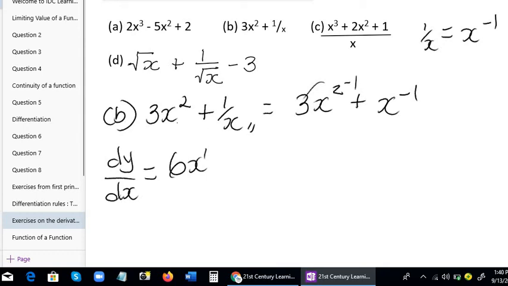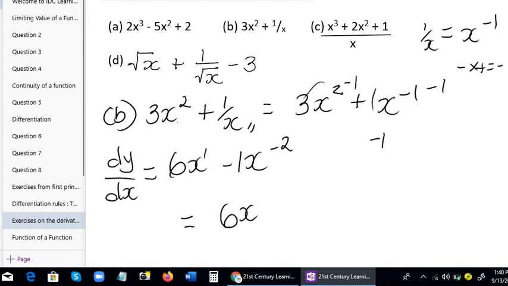minus 1 times, there's an invisible 1 here. Minus times plus is minus. Whenever the signs are not the same, it is negative. Minus 1 times plus 1 will give me minus 1x. Now, minus 1 from the power. Minus 1 minus 1 will give me minus 2. Is that clear? So my final answer will be 6x